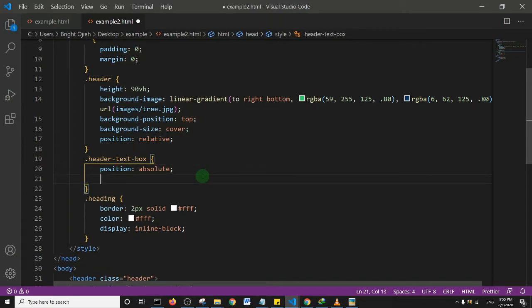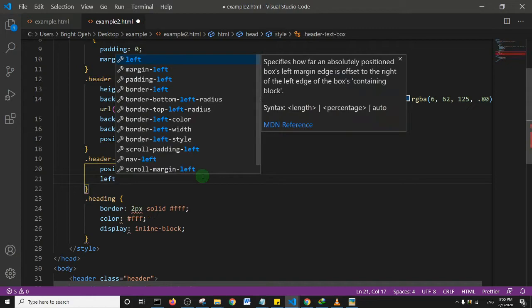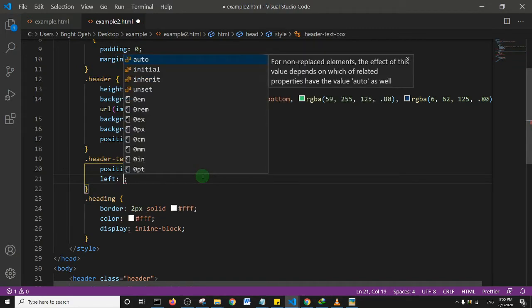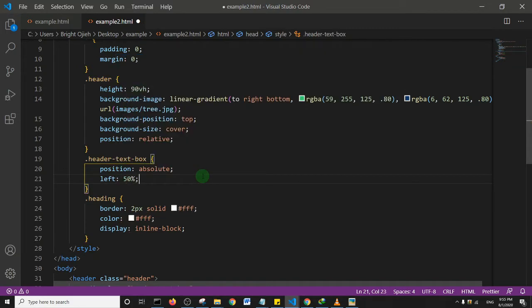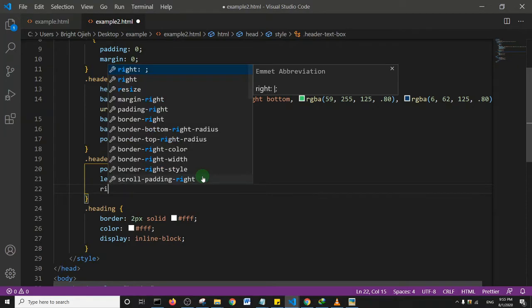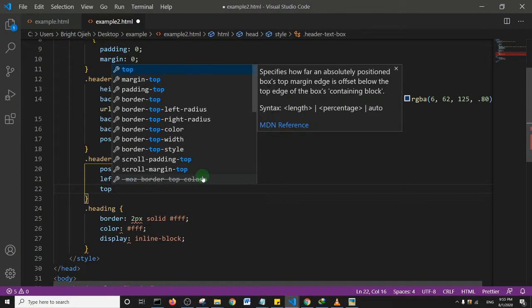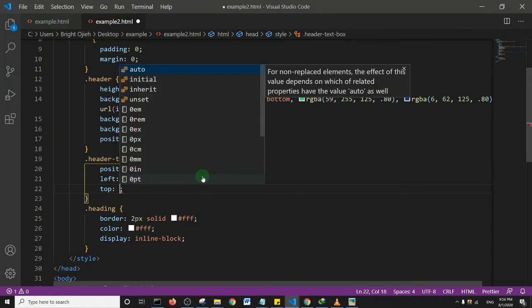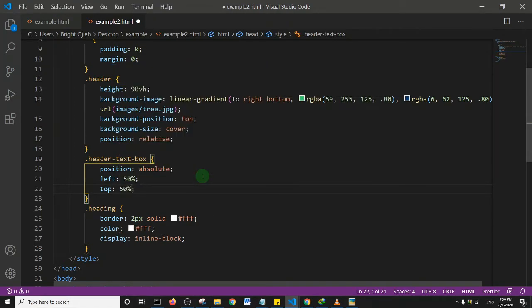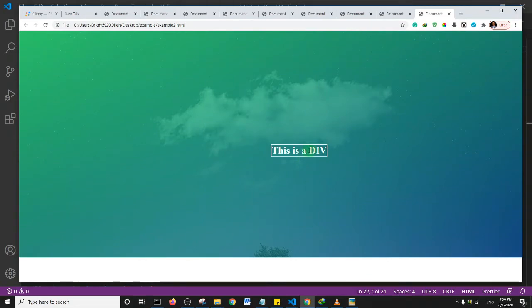So what I got to do is I got to say from the left I want it to be 50%, and I'll say from the top, okay, I also want it to be 50%, and I'll save. Now if I refresh the page, essentially you see that it moved this particular div, but it's